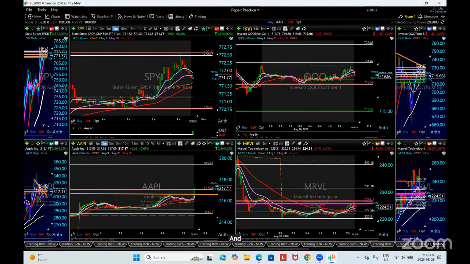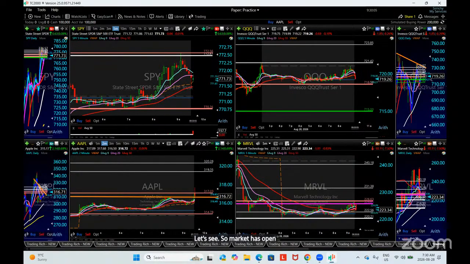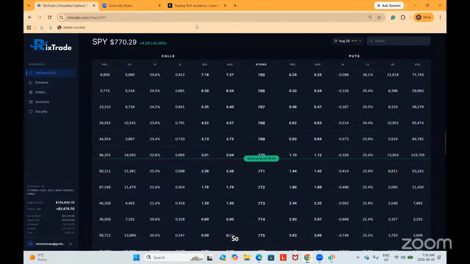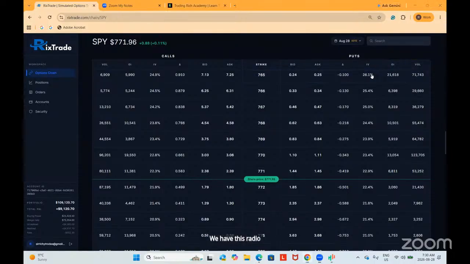And let's see. So market has opened here. Let's see what happened here. Let's see what's happening here. So guys, here we have this trade here. Those that are in there,